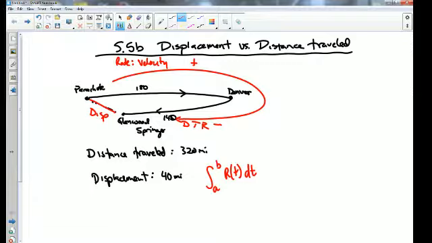How do I deal with the negative in distance traveled? Okay, so to figure out distance traveled, I need that to be positive. This needs to be positive as well. Absolute value. Okay, that right there, that's one way to do it. So distance traveled is the absolute value of the function. It turns everything positive and we add.